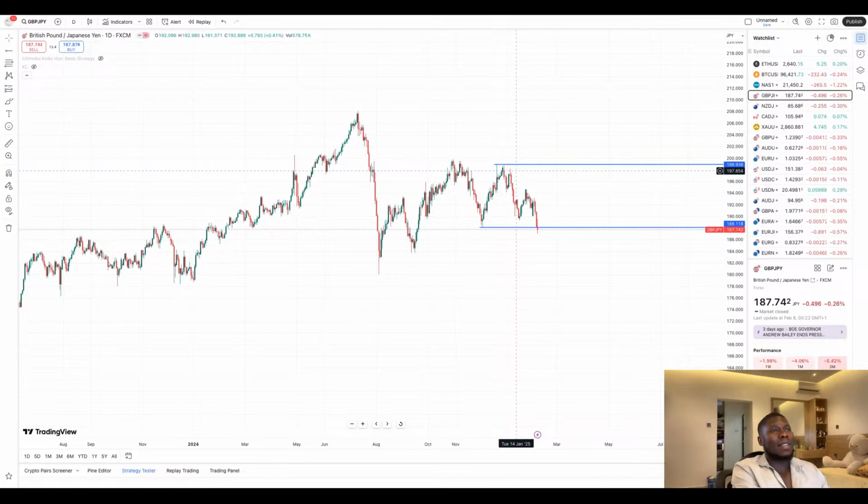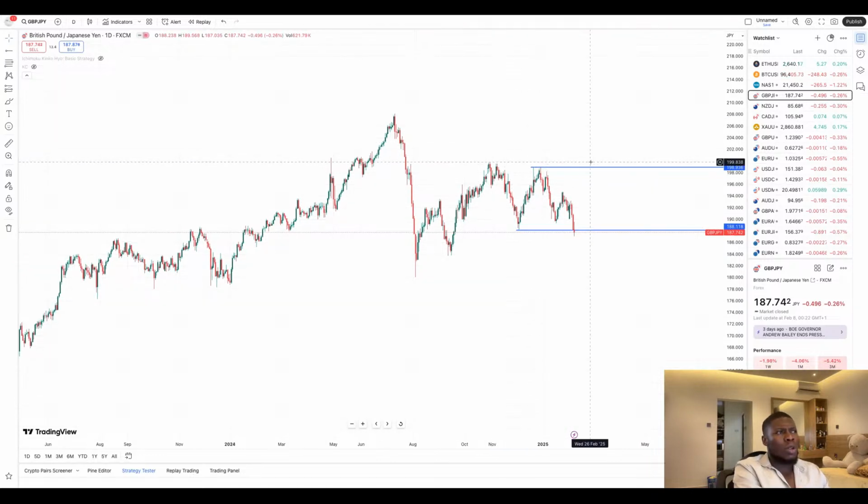So that is why there's a supply zone. I'm talking about the supply zone today and demand zone as well. So on this 1 day, I've marked out my support and resistance. So I'm going to look for my demand and supply zone on this 1 day time frame. Now, your supply zone, it's an area of massive sell-off. Then your demand zone, it's an area of massive buy. So you should be looking for